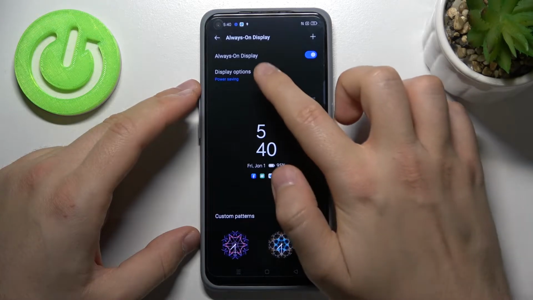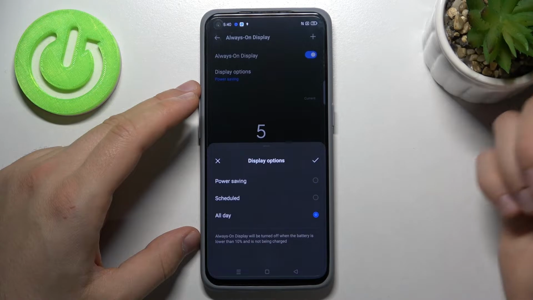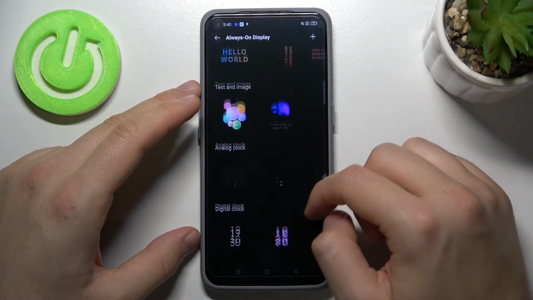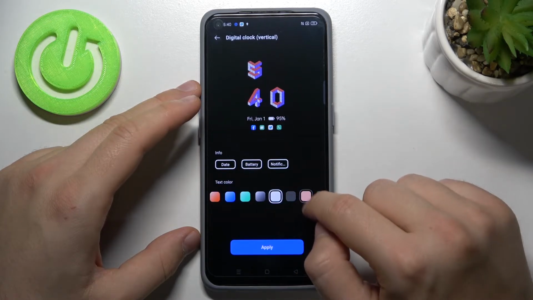At the first we can change the display options. So we can go for the power saving, schedule or all day. You can decide. Here we can change the theme of our always in display. I would like to pick this digital clock. Here we can change color of this text